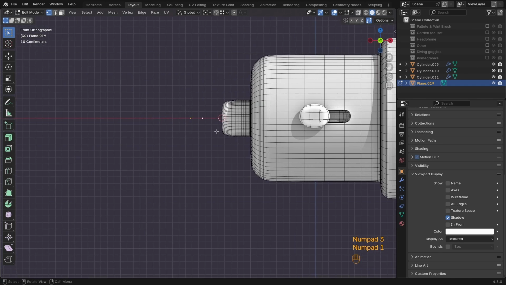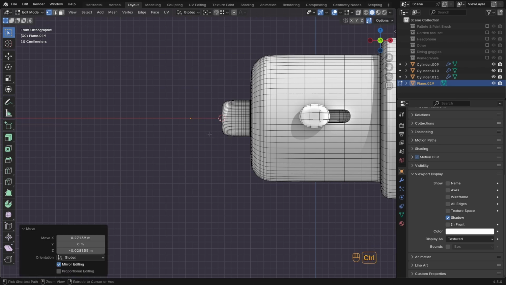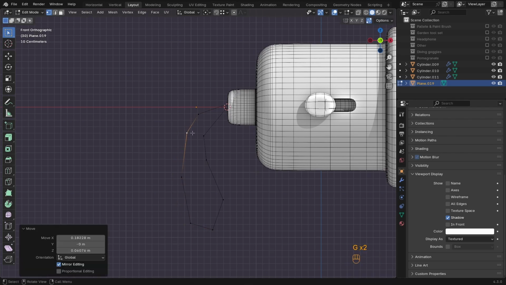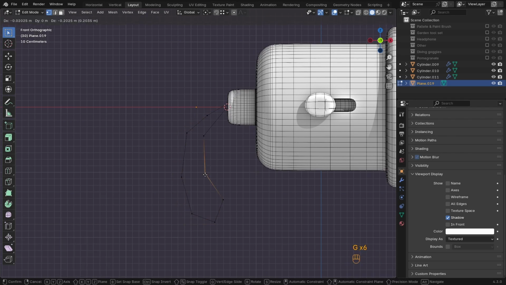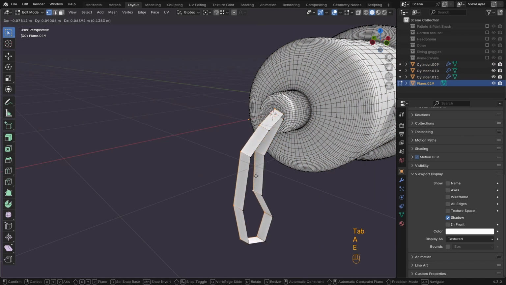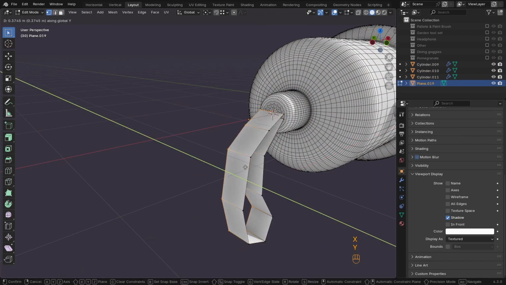Now look at it from here, we move it closer and hold down Control and left click to assign a shape that you want. Now let's extrude it in the Y axis,